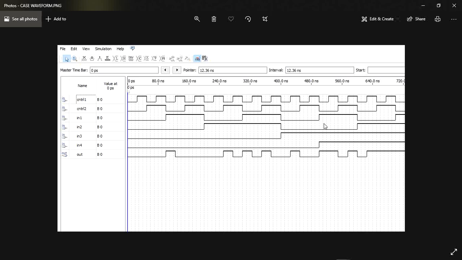Now you can see here, if both selection lines and all the inputs are 0, then our output will be 0. If any selection line is 1, then the output will be 1 or 0. If selection line 1 is 1 and selection line 2 is 0, and all the inputs are 0, then the output will be 0. Our output is 1 in this case only if both selection lines are 0